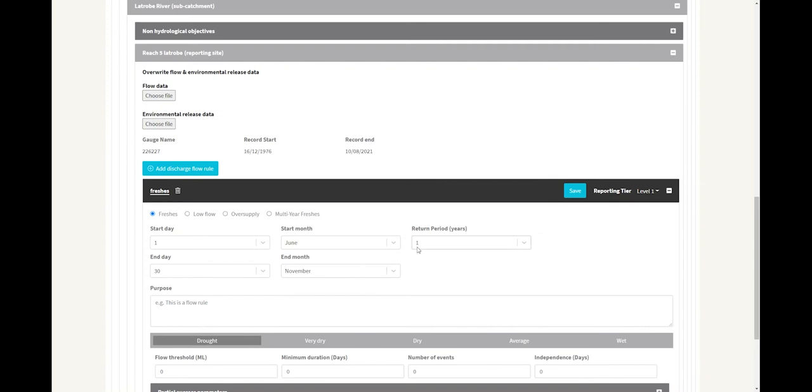And the return period, default is set at 1. So we're trying to achieve this rule each and every year. If we set that return period to say 2, what it would do is it would look at it for 2 years separately, and it would report the best of those 2 years. So it's effectively a moving average or a moving best case of the number of return period years that we're